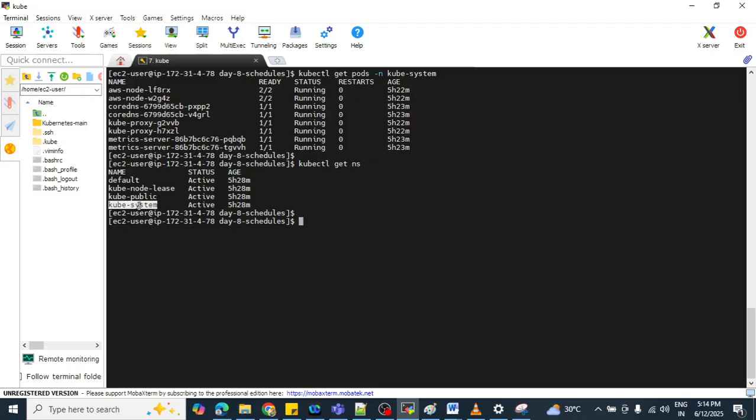We can create it with the help of binaries, or we can customize the YAML file of the default scheduler. Once we customize the YAML file of the default scheduler, we can simply execute and run it. So let's create our own custom scheduler. We can write our customized YAML file of the default scheduler. So let's try to write our own YAML file.